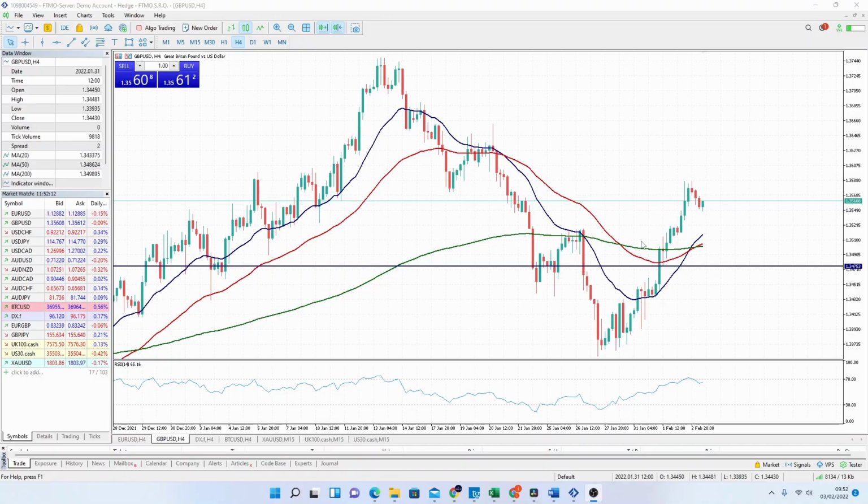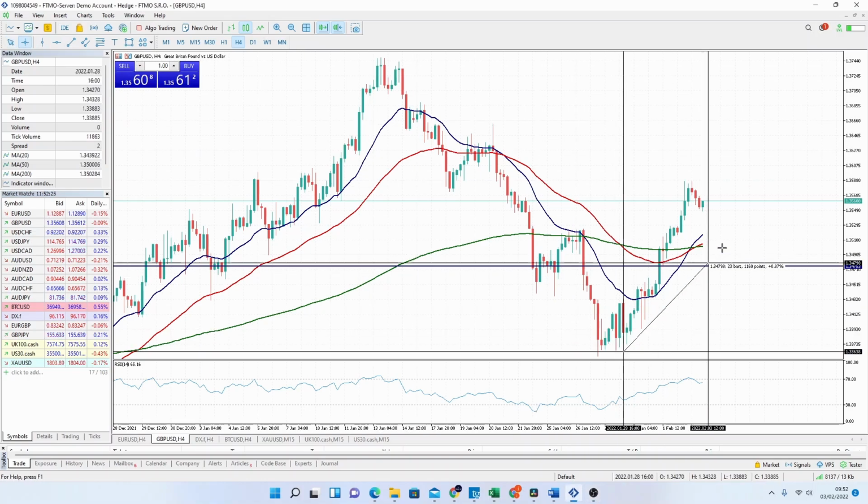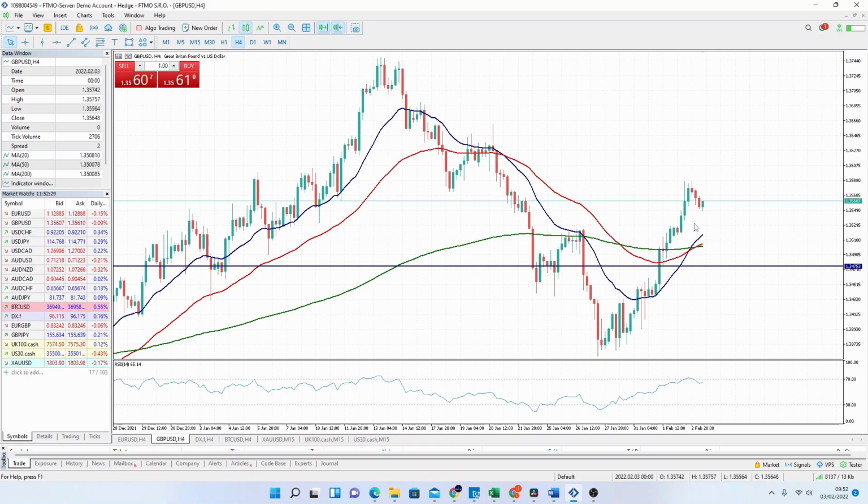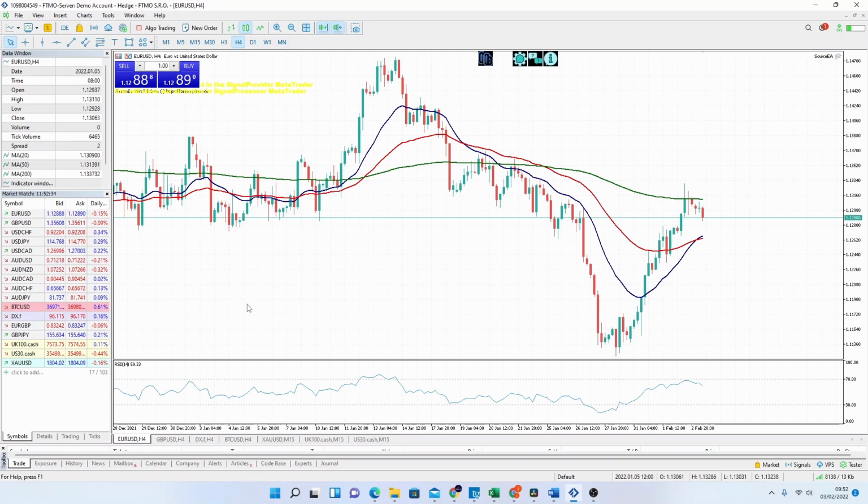So here we can see a chart of GBP USD, and it's obviously fallen off significantly from the high in mid-January, and from the low it has actually increased. If we do a quick measurement on this, it's increased about 1.3 to 1.4% from the low. Now if we look at the euro dollar, that's actually done pretty much the same. It's tracked along sideways, had a nice increase, came all the way down, and again has increased by, let's just measure that, that has also increased by 1.4%.